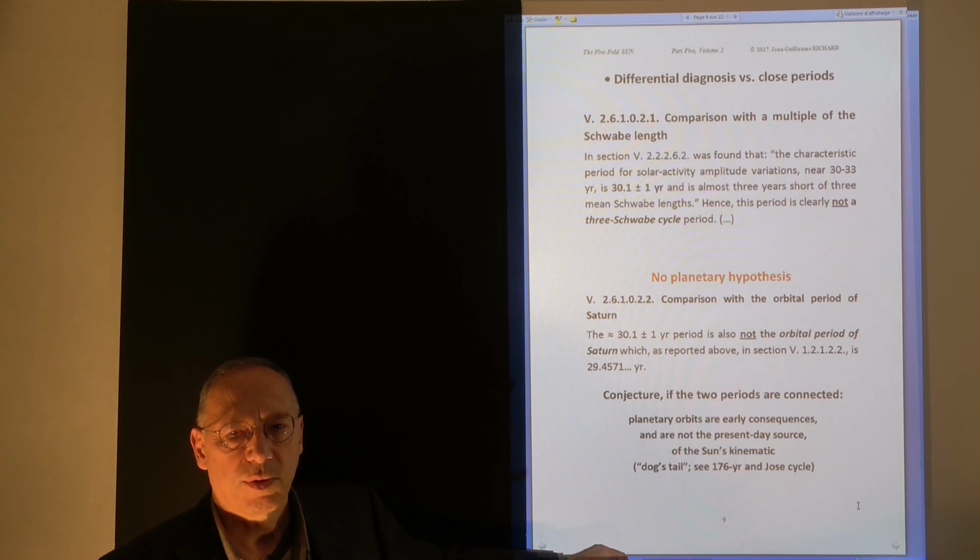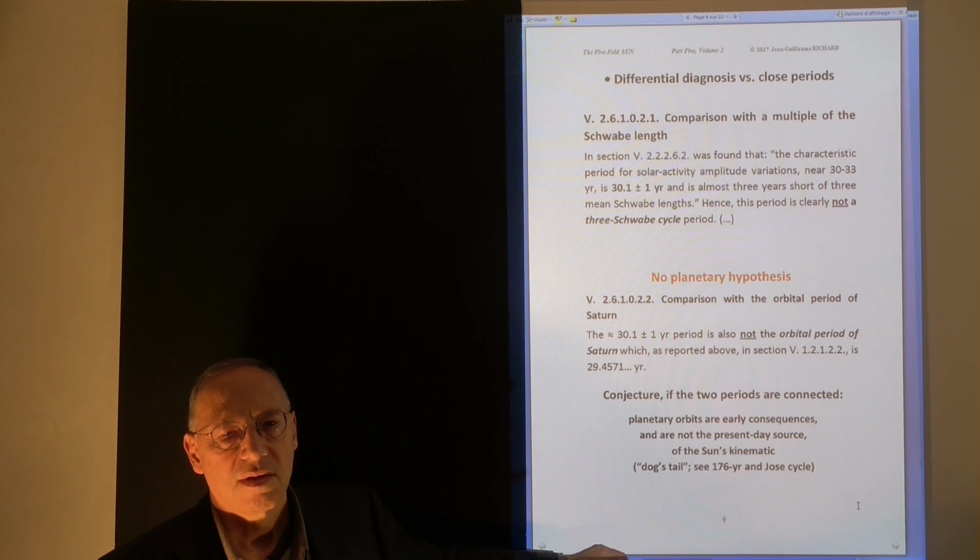Here it is proposed that if the 2 periods, Saturn's orbit and this poloidal cycle, are indeed connected, it is because the planetary orbit is an early consequence of a solar kinematic, and not the present-day source of the solar kinematic. Same reasoning for the